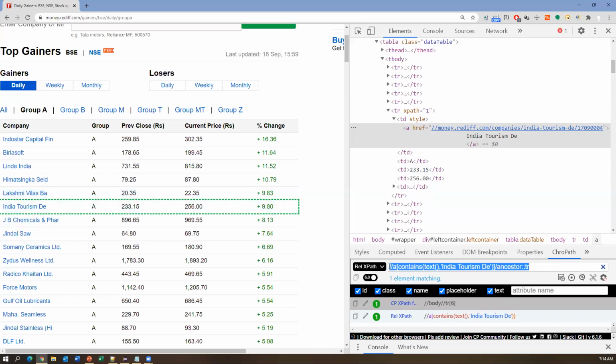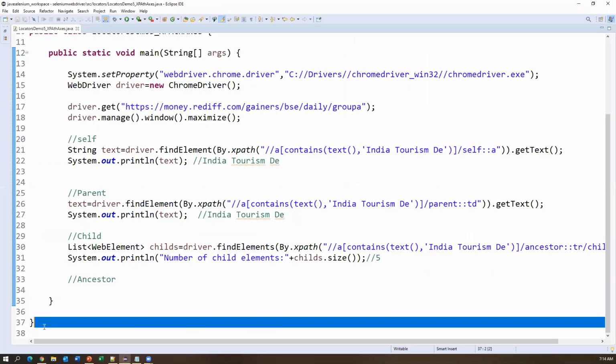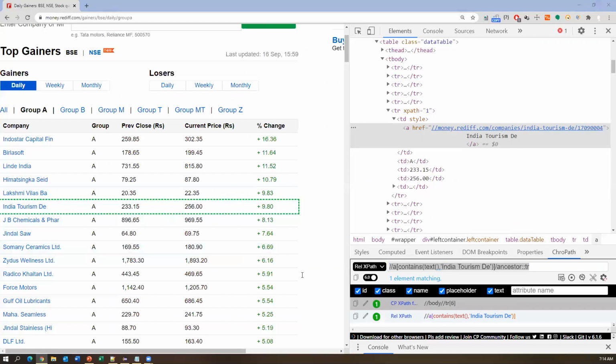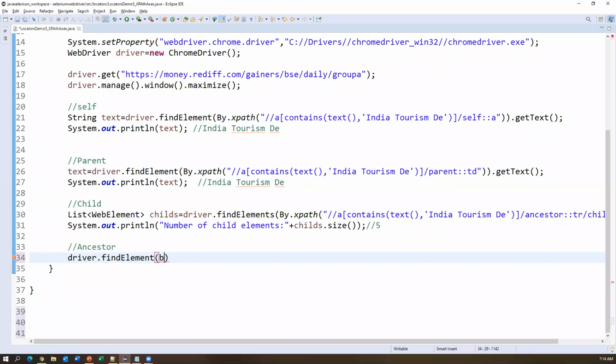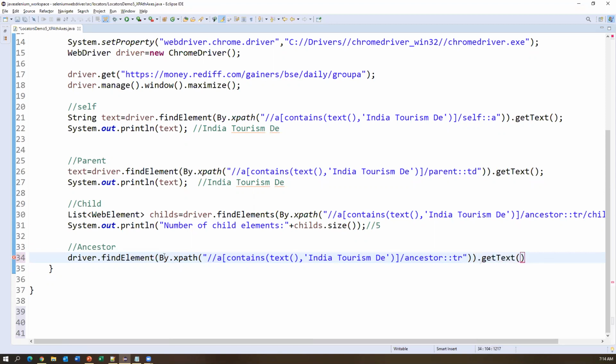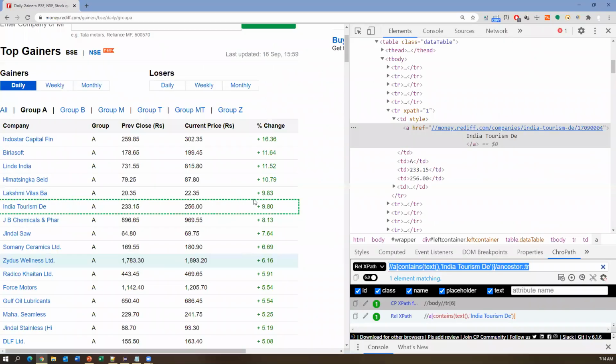Now I'm using this XPath along with the getText method, so that it gives the whole text present inside the table row. I say driver.findElement, and since this XPath locates one element, we can use findElement, with By.xpath and the XPath, then getText. GetText will return the whole text present inside the row.